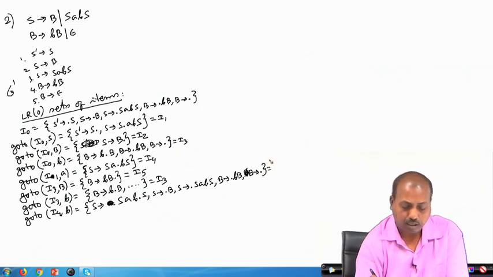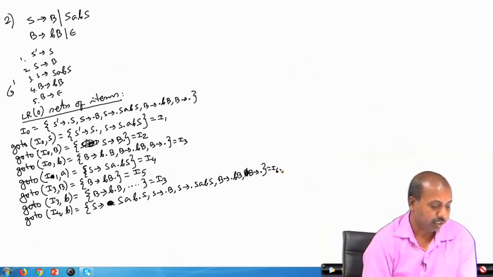So, that will be our I6, that will be the item I6.